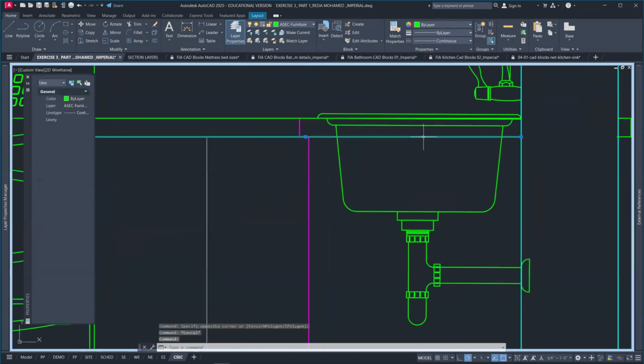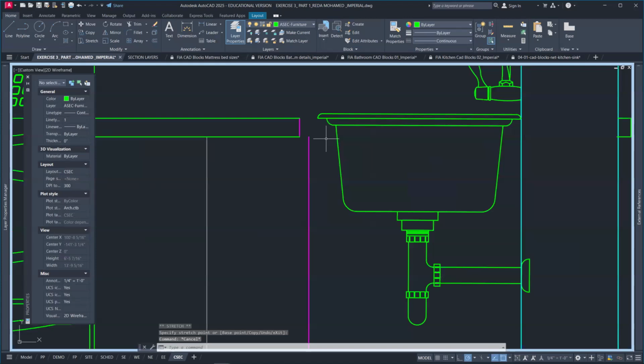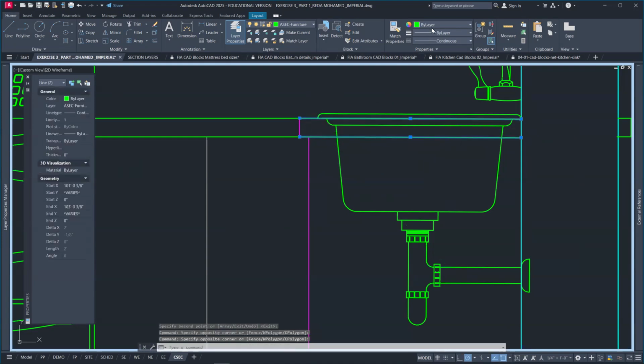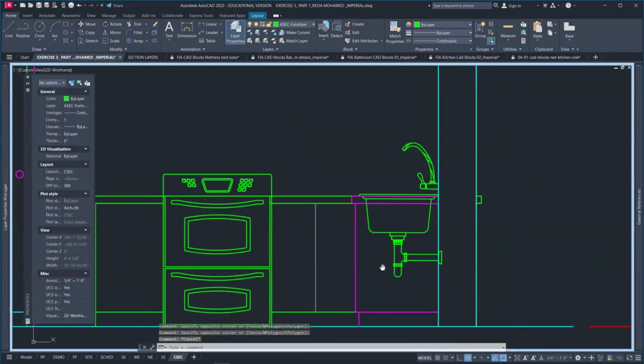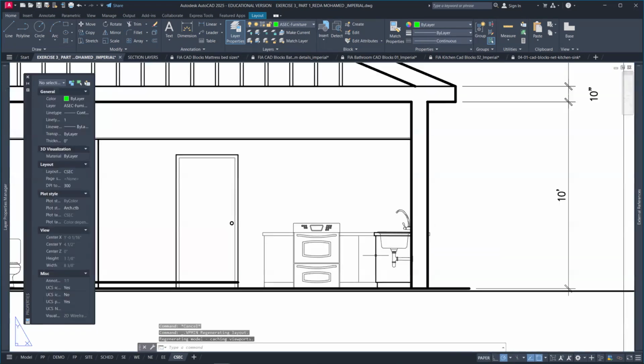Okay. And then likewise, this one should end right there. And this also should end right there. But I can add a line here. And copy that line from here to there. And both lines should be magenta. So a little thicker. Let's see how that will look like. Okay,